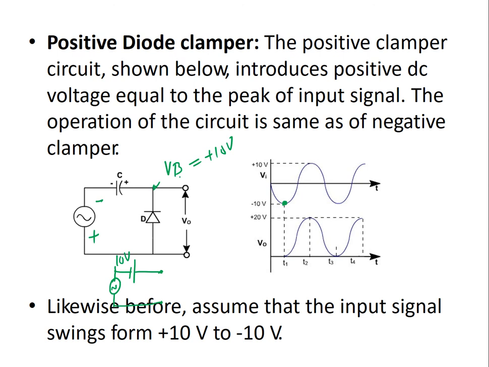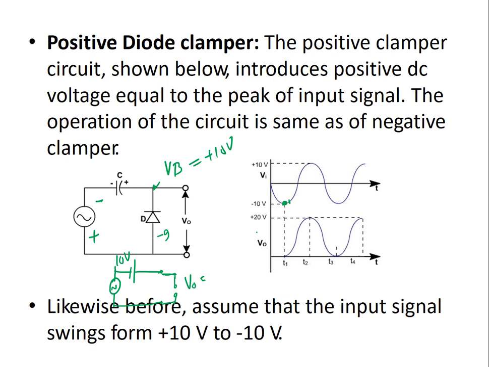Now at this point I have 10 volt here, but from this side I am getting minus 9 volt. So basically from this side I get minus 9 volt. Here the capacitor has been charged with the 10 volt. So here I am having lower voltage and here I am high voltage. So this diode will go in reverse bias. Reverse bias means at this point I can actually make an open circuit here.